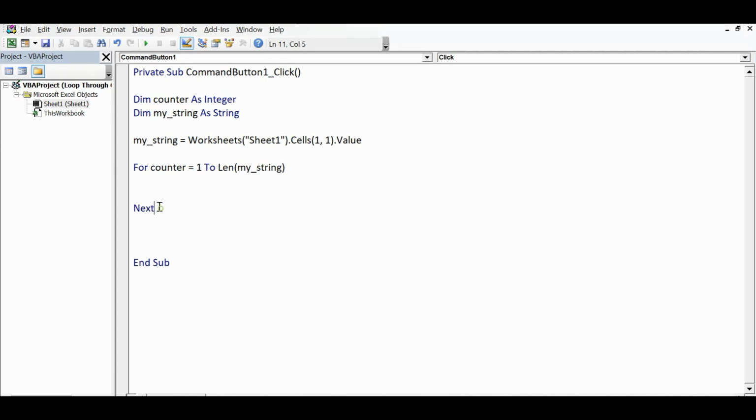So what this for loop will do, it will be counting from 1 to the string's length that is there in A1. And then here, whatever we want we can do with every character that is being evaluated within this for loop.